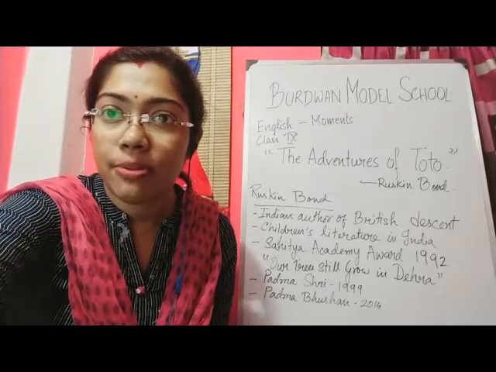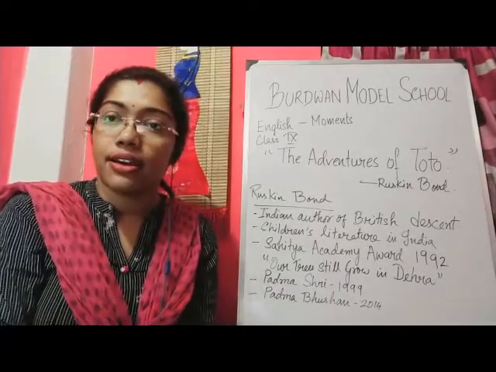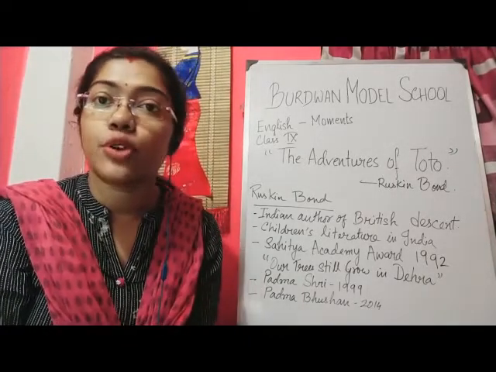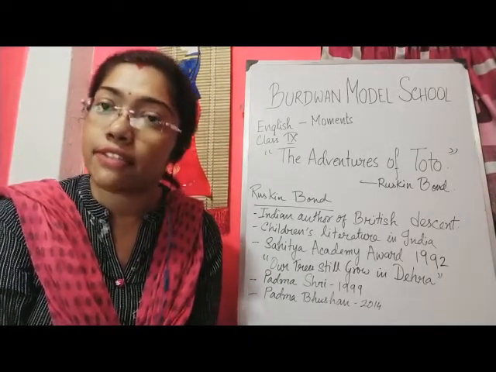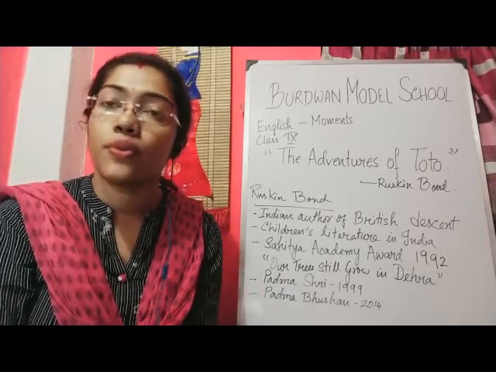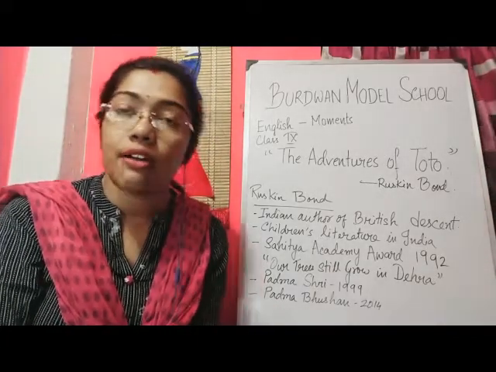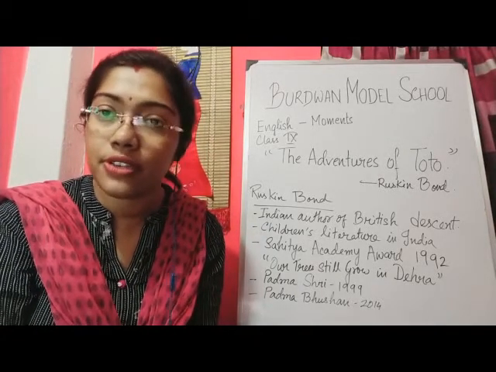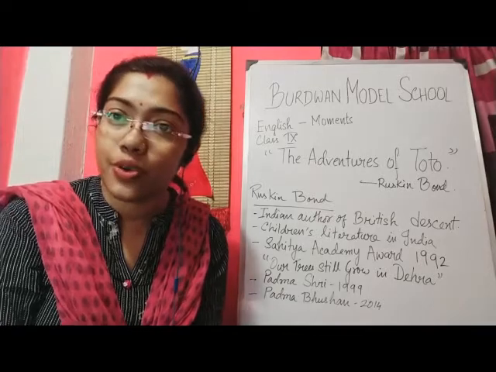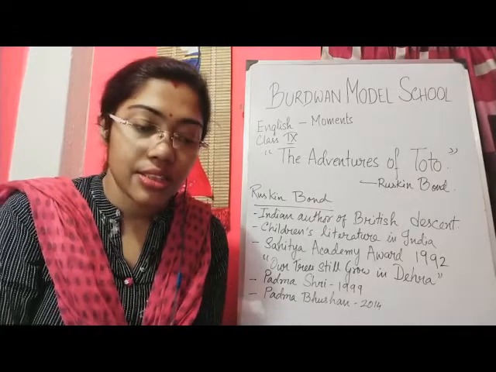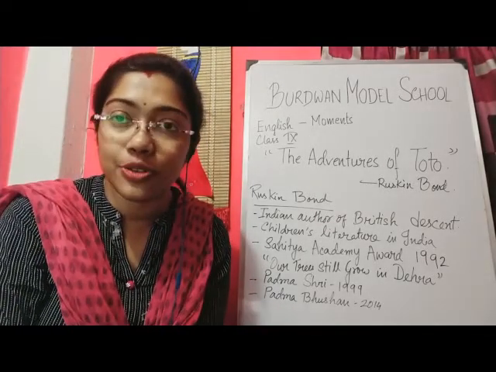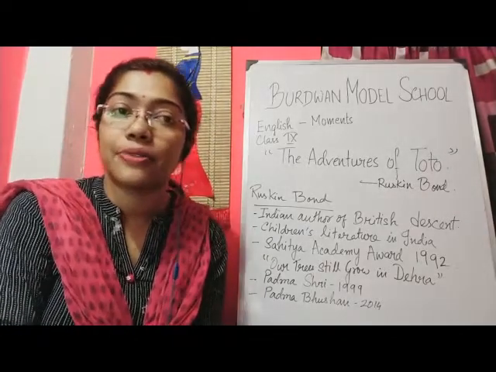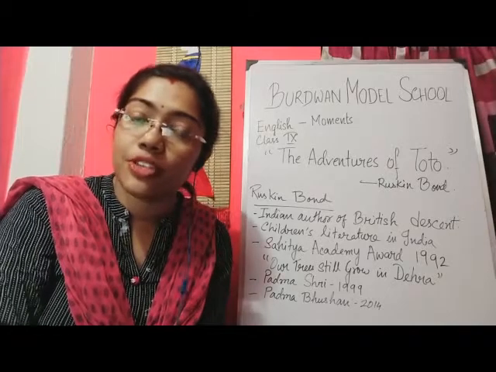So today I will be taking up again with class 9 English lesson, that is from the book Moments. Today our chapter name is The Adventures of Toto, written by Ruskin Bond. Ruskin Bond, a very famous author. You have already read many of his stories in your previous classes. So you already know this person and the beautiful stories that he used to write. This is also one of the very beautiful as well as hilarious stories which you're going to enjoy a